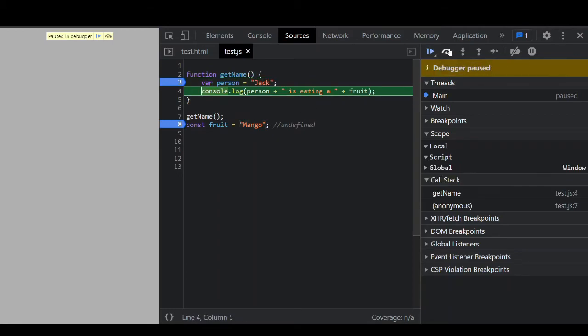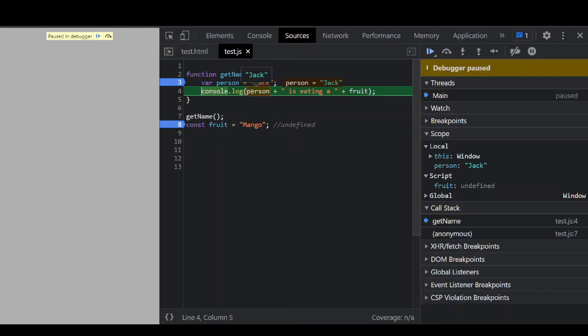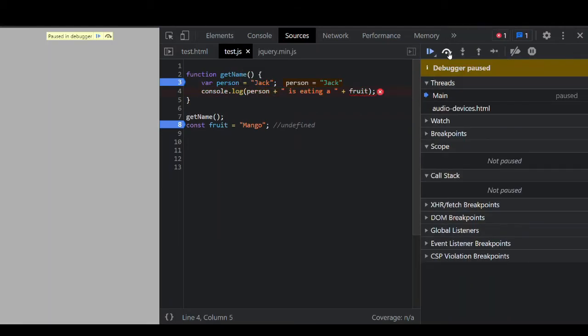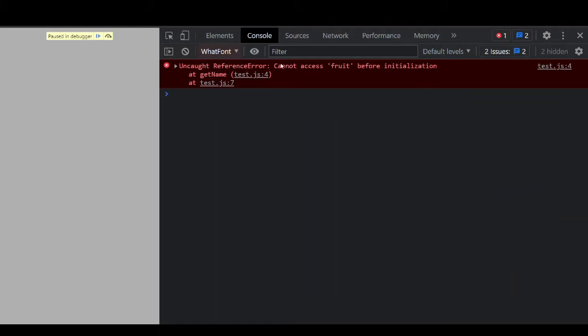So if I move on to the next line, it will access this person variable. Now it will give me an error saying that it cannot be accessed before initialization. It's being handled in a similar way. It's still there. It has an undefined value, but the browser is just a little bit stricter when it comes to let and const declarations. It just won't let you use it before it has come to the initialization line. So anything before that initialization line is a dead zone for the browser. It would just not let you access the variable before its initialization.